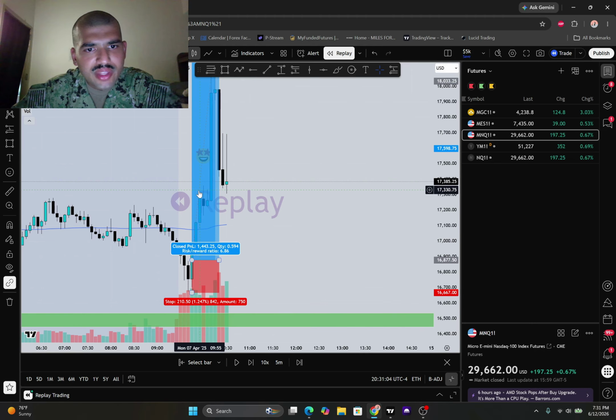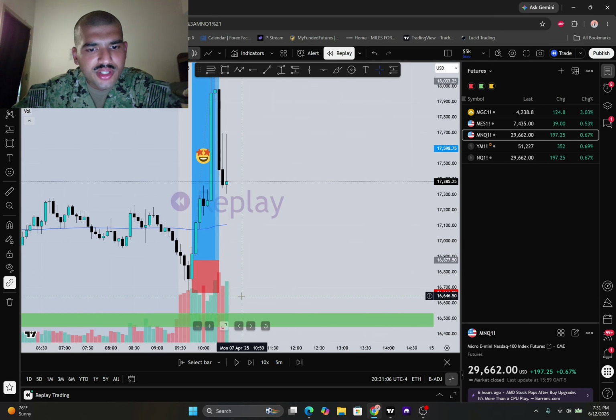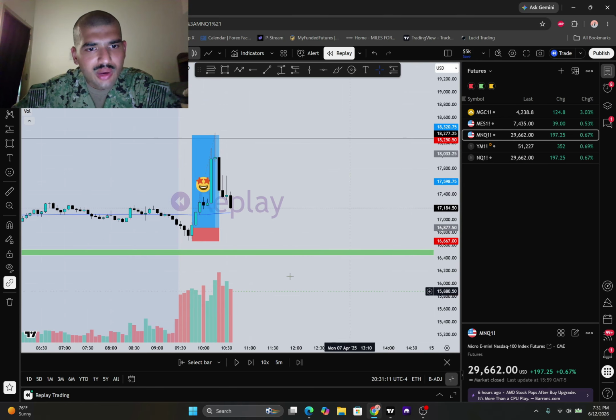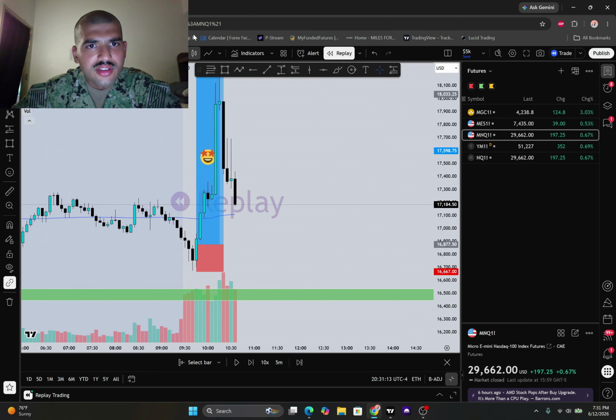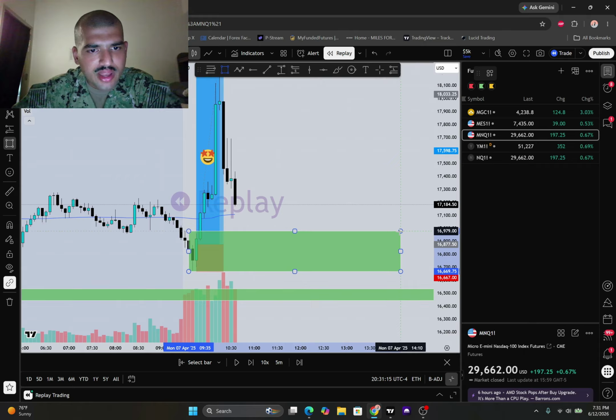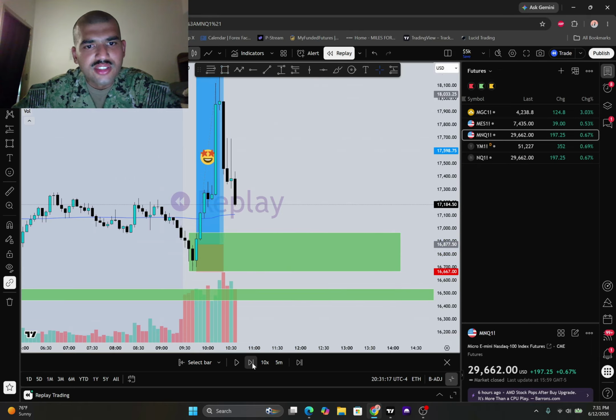We had this gap that got filled, but then, you know, the bears did push the price back down again, so I wouldn't really enter longs. Yeah, I would wait for a better area. Like, I mean, there's gaps over here too. There's this demand zone right here. Let's see if price does come back down to that demand zone, which it does not. Looks like it just wants to take off.